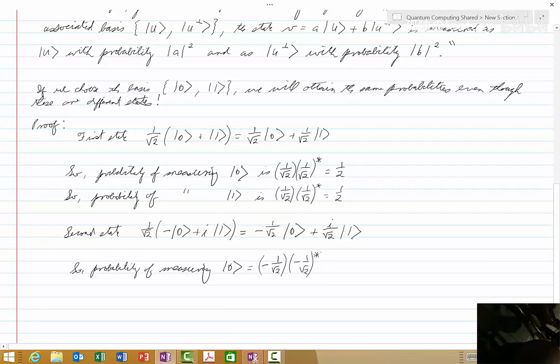And again, you remember that the complex conjugate of a real number is just itself, and so we get 1/2,